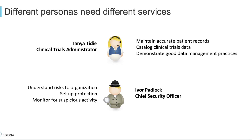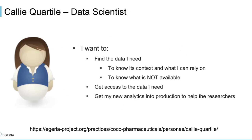So let's focus down on Callie, the data scientist, and look at her in a little bit more detail. I've put the link here to her full profile. So if you want to investigate Callie a little more fully, you can just follow the link. But really, she does a number of roles as a data scientist, and they range from helping with the marketing team, but the bit that she's most focused on is supporting the scientists that are developing new treatments at Coco Pharmaceuticals. So she's analysing the